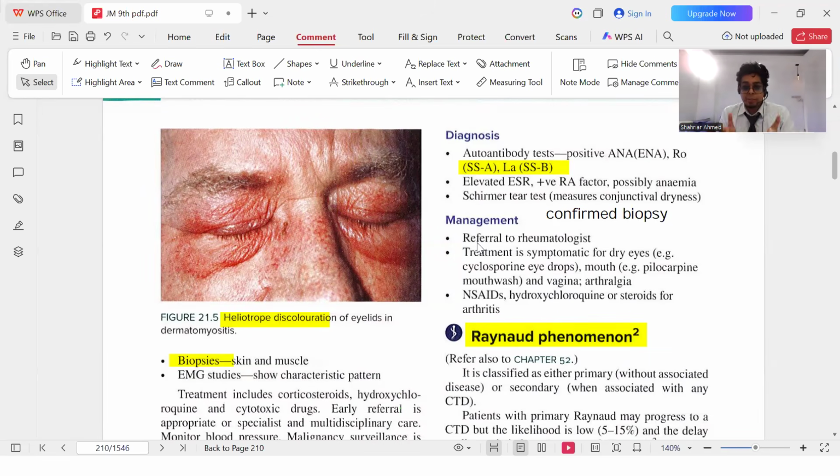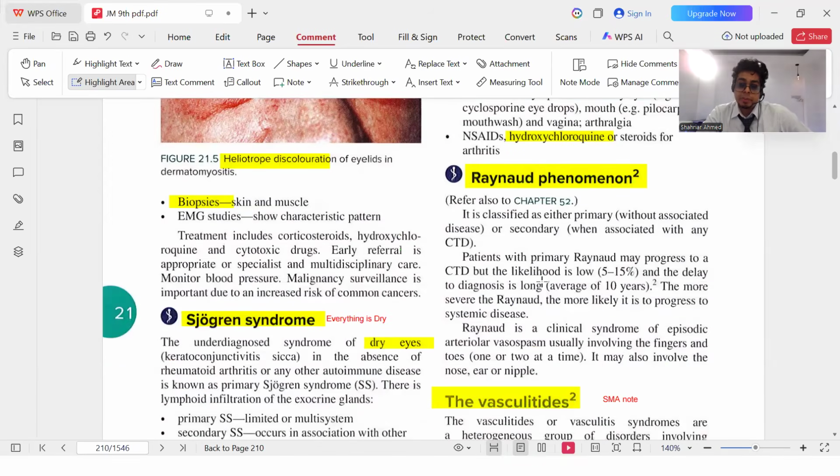Am I right, guys? After making the diagnosis, the treatment is mostly symptomatic. And in advanced cases, you can use DMARDs to prevent the disease progression. I mentioned it, remember the line for the rheumatology earlier? Which drug prevents disease progression? Disease modifying anti-rheumatic drug halts the disease progression. Everyone clear about this? Everyone clear about this?